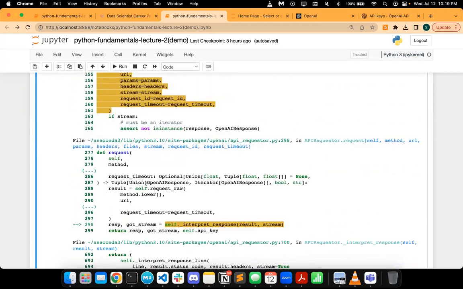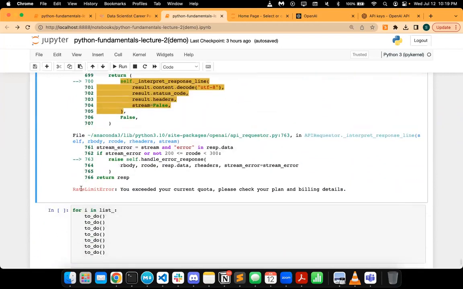But in the end, it's basically going to tell you that is the rate limit error. So this part of the code is probably most useful. If you cannot understand it, I would just Google. I would just copy this and Google, and it will tell you. Most of the time, you'll find people with similar questions or who run into similar errors, and then you can just Google and find